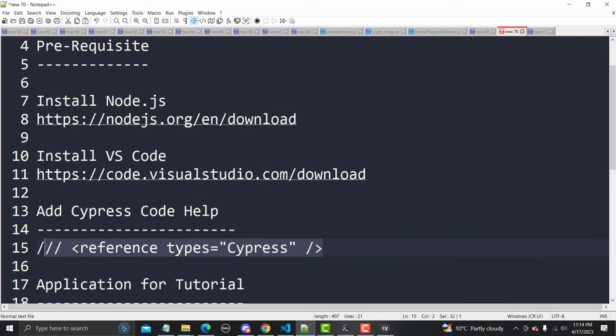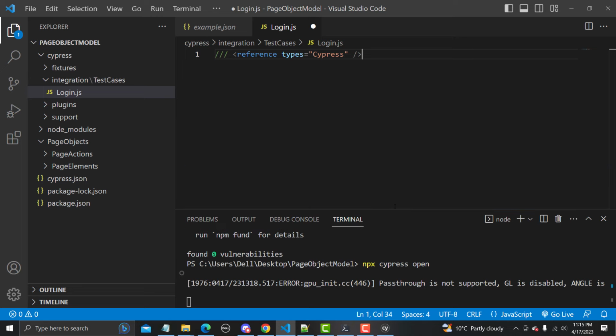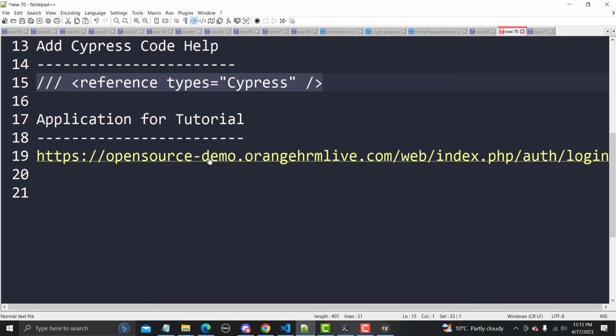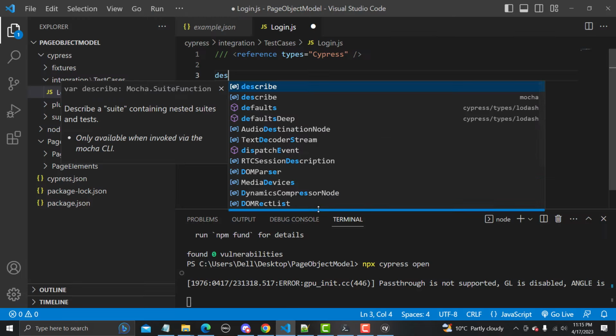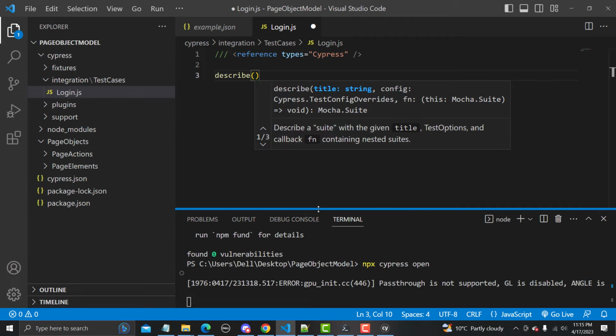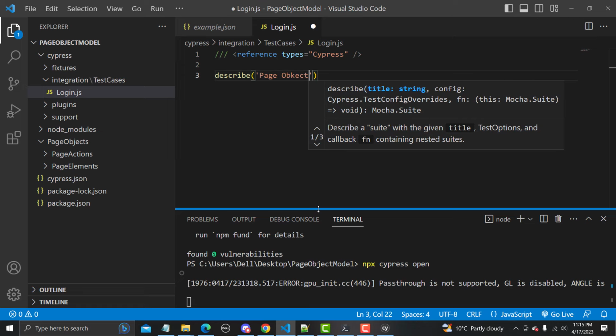So let me go to my notepad here. This is a reference line which will help you to auto-complete your code. Let me copy this one from here and paste it here. Once you are done with this, I will create a linear script. And for this tutorial, I will be using this OpenDemo on an href live website. Now let me go back to Visual Studio Code. We know that using the describe block we will be creating our test suite. So I'm naming this suite as page object